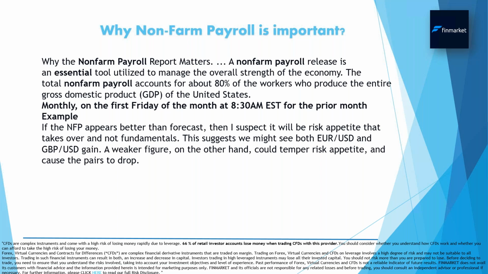Okay, if the market numbers are positive and everything's going well, we suspect that the price is going to be on the uprise. But if, on the other hand, the numbers are not as predicted, the pair is probably going to drop, because the risk appetite of the market is going to be pressed, and that is because of the market psychology reaction. That's why normally when we see the participants go into the market,